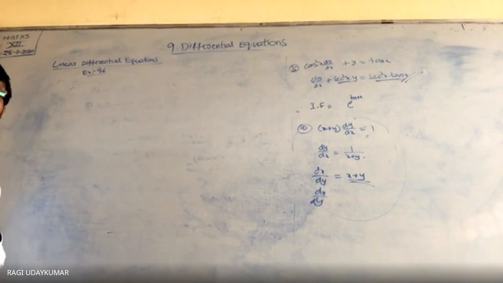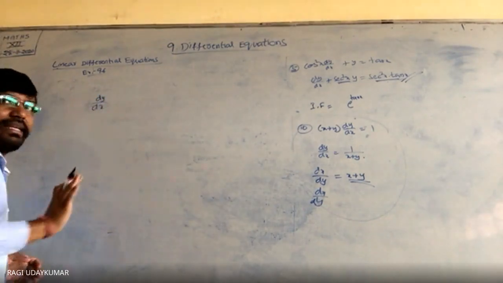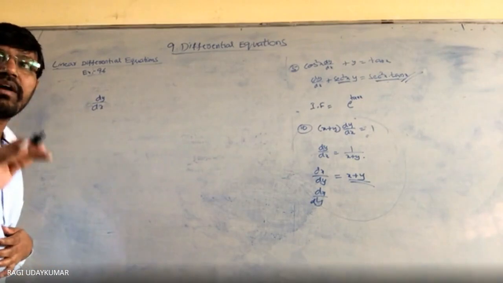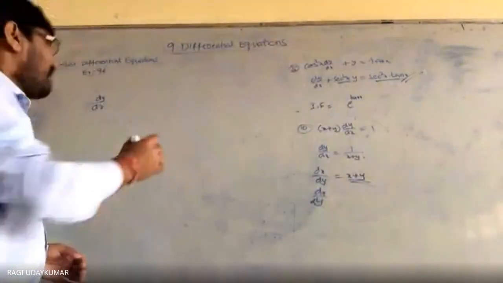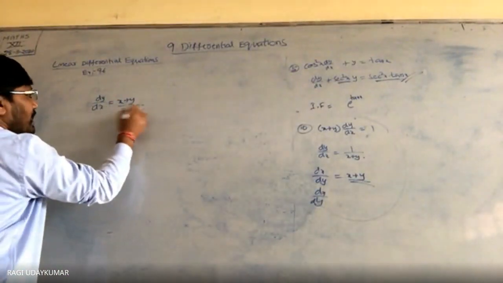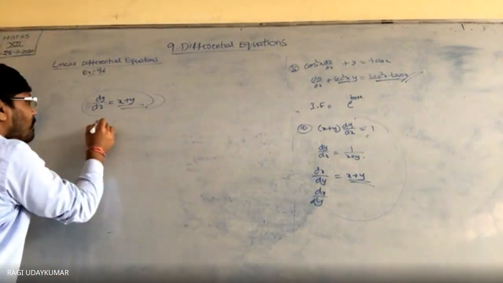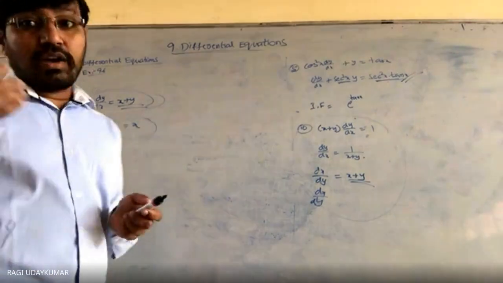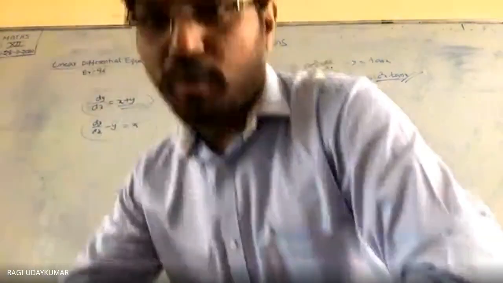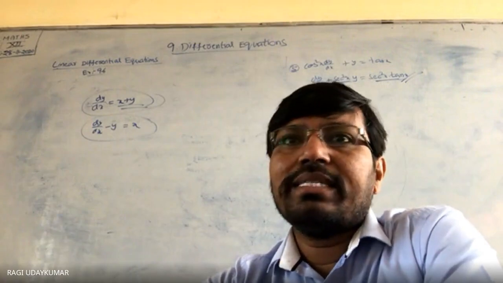Given the slope of the tangent of the curve at x comma y. What is the slope of the tangent? dy by dx. dy by dx is equal to the sum of the coordinates of the point, which is equals to x plus y. So this is dy by dx equal to p of x into y. Bring y here: dy by dx minus y is equals to x. The problem looks a little complicated, but it is not a complicated problem. Okay, the solution you can easily find out now.